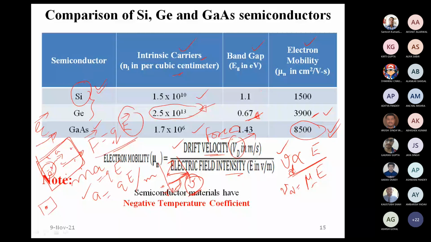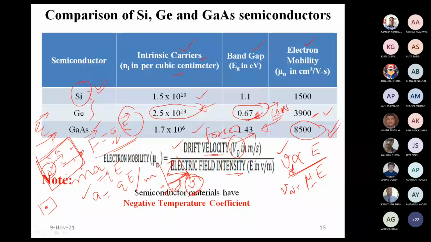So if we look at the band gap, if the band gap is more, it means we need to apply a larger external field to make the carriers appear. We will see that later on. Higher voltage means higher energy is associated. On the other hand, if we have a lower band gap, then we need a lower voltage, of course. Lower voltage means low current and low power. So these things will come.